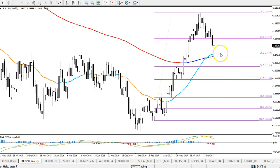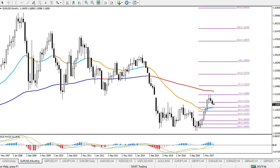as well, which could complete the wave 4 if you like to look at wave patterns, that this could be a wave 4 after a strong push up in the wave 3 from 105 all the way up to nearly 121. If we take a look at the monthly chart, of course, a couple of days ago, the